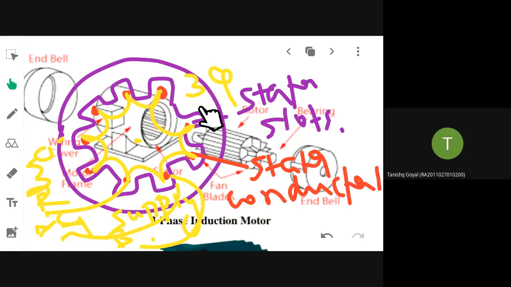There will be a magnetic frame. The inner periphery of the stator will be cut like this. Openings will be cut like this in the inner periphery, in which you are going to keep the stator conductors. These red markings are conductors. These conductors will be connected together either in star or delta fashion, and the terminal windings will be taken out to give a three-phase supply. Understood stator or not now? Or do you want me to explain again?